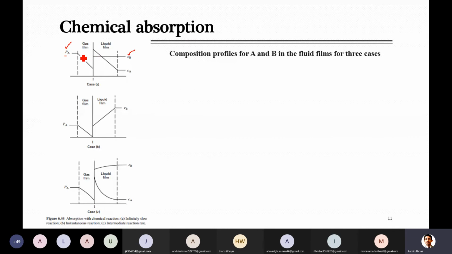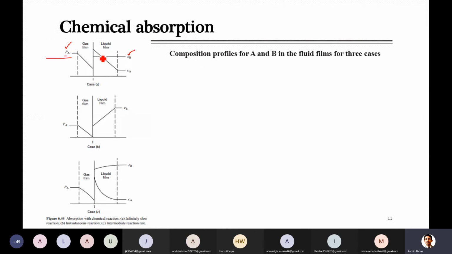So if you look at the gaseous side, there is a bulk of the gas, and then there is a film where the interface is. Close to the interface, we already discussed that there is a film, and inside the film the concentration of that species will keep on decreasing. The reason is that inside the film, some of this component is transferred to the liquid side, so its concentration decreases due to this. Then due to this concentration gradient from the bulk, more of the gas, that solute molecule, will be transferred to the film, and this process keeps on continuing.